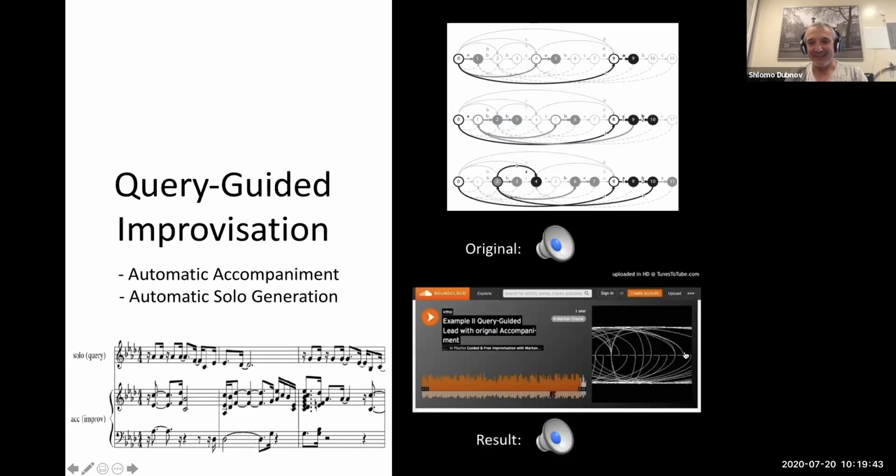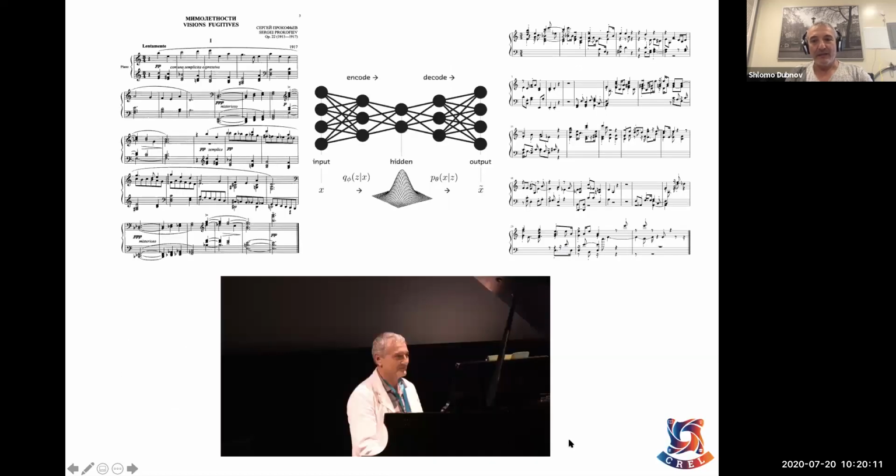Again, I don't know. I actually put this as a YouTube link, so we can address this. But the idea was that using this, at least what I could hear was just one of the channels, which is the query. It will generate a new improvisation based on the model of the saxophone. So you'll have this saxophone improvising on this music.